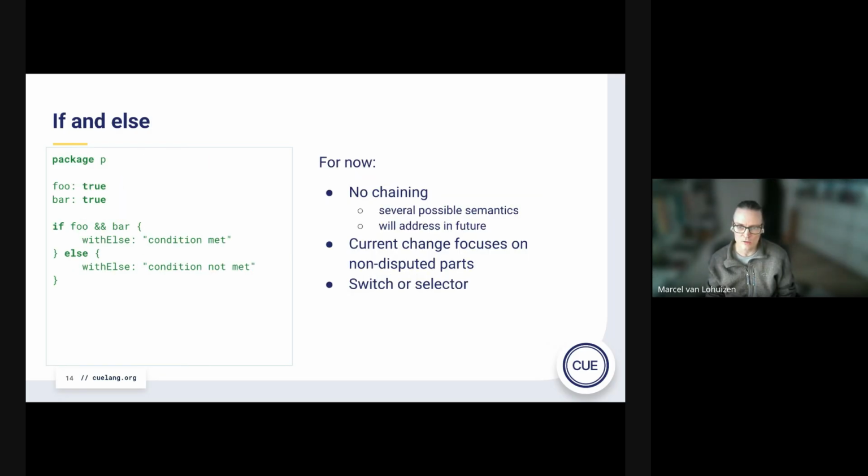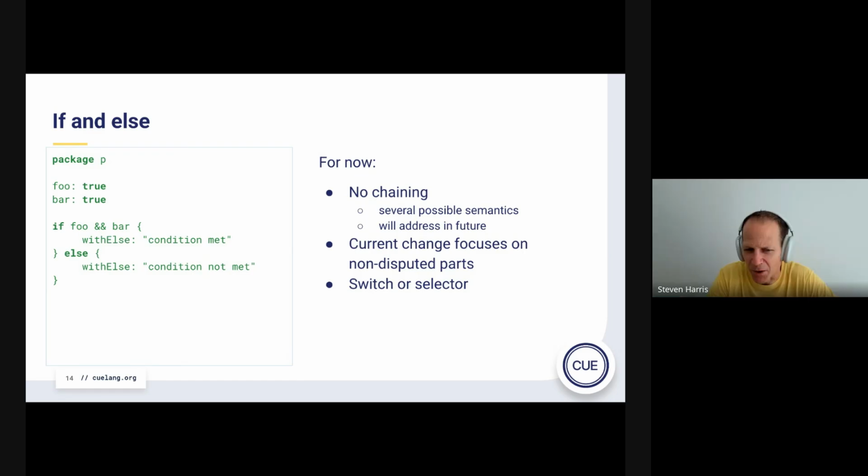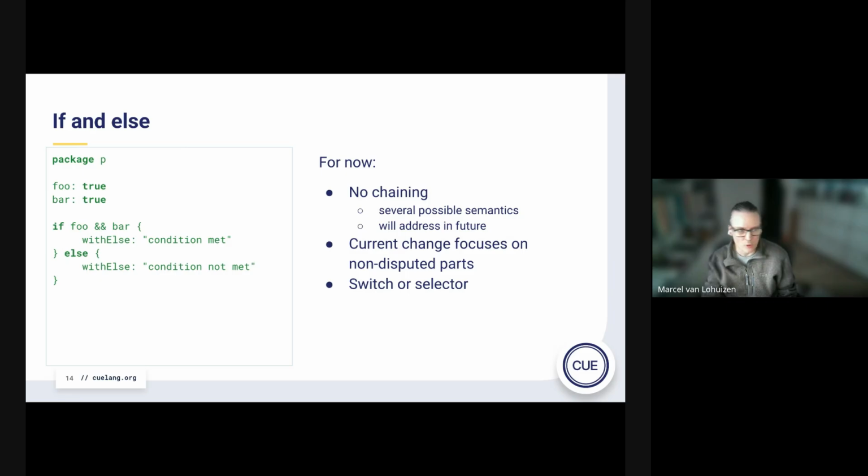I see a question from Stephen. I'll try to be brief. Can you just clarify, Marcel? You said it's not a conditional, it's a comprehension. What's the essential difference here? So to the user, it doesn't look very different, but there is not an if then else clause in Q. It's all a sequence.